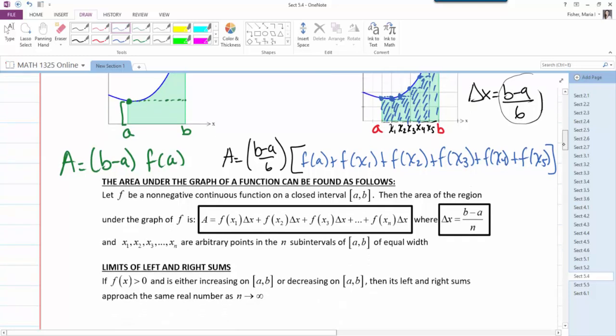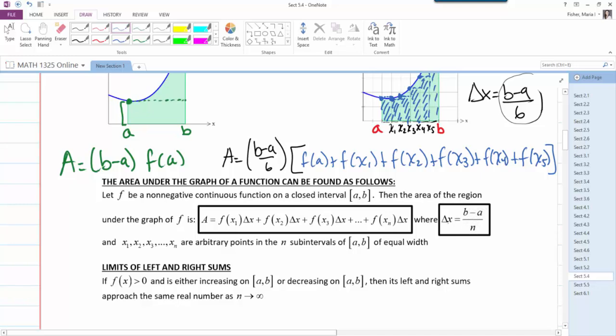So now, the area under the graph of a function can be found as follows. If f is a non-negative continuous function on a closed interval, then the region under the graph of f is f of x sub 1 times delta x plus f of x sub 2 times delta x plus f of x sub 3 times delta x all the way to f of x sub n times delta x, where delta x is equal to b minus a